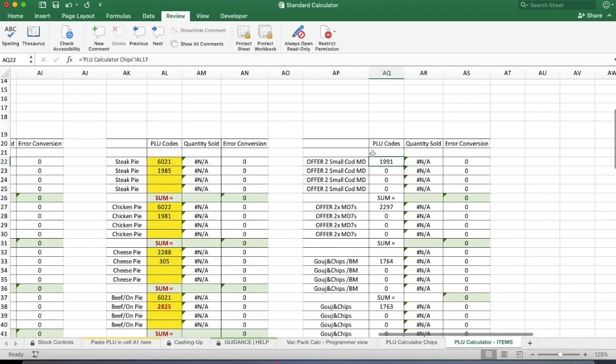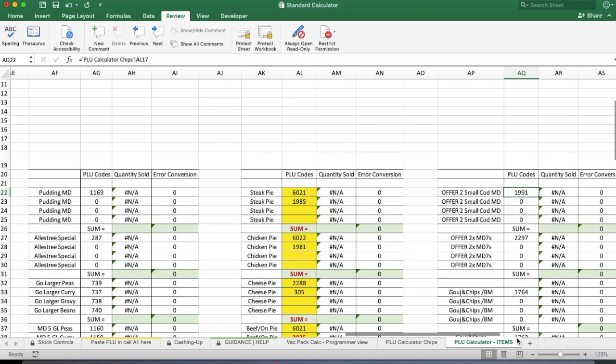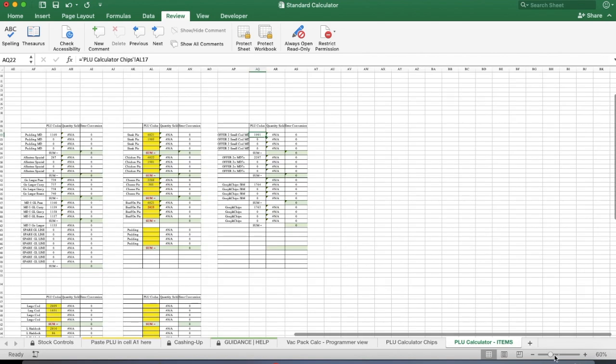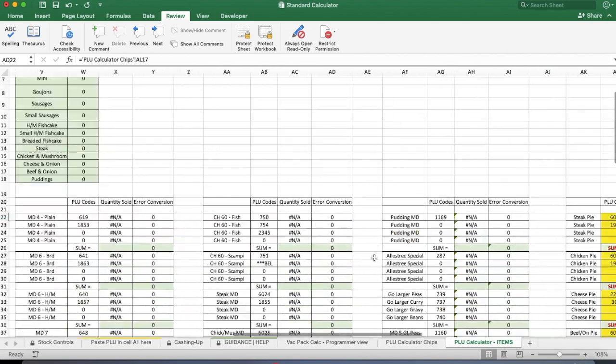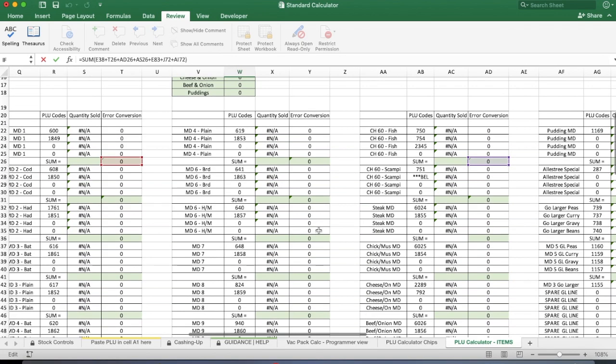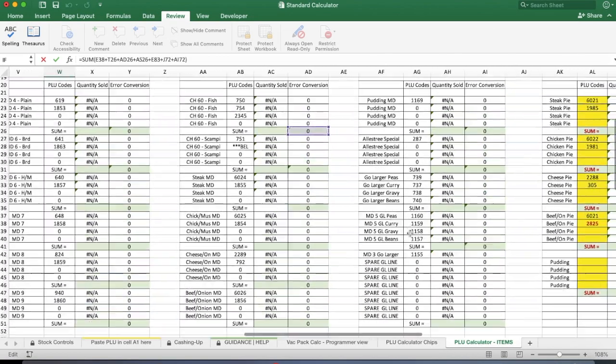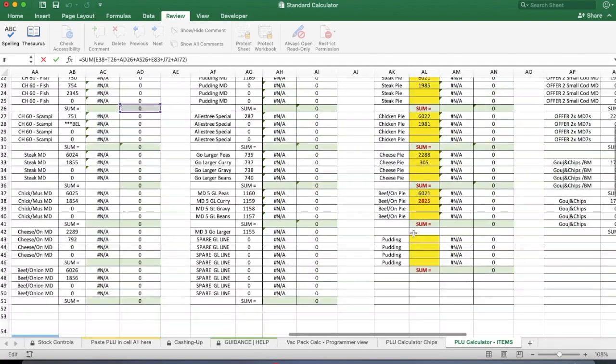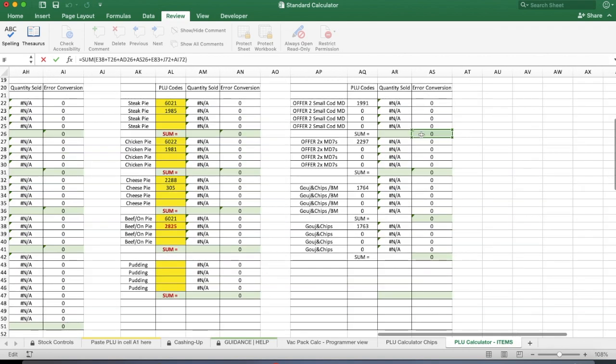So to double check the items, same principle. This time though, instead of pulling the small chips from the meal, we're just pulling the small cod. So we need to check that the small cod is definitely being pulled from the meal as we want it to. We'll go to mini, double click, and here again it highlights all the places where it's pulling a mini fish. Go across, and yep, it's already programmed to pull that mini fish from these